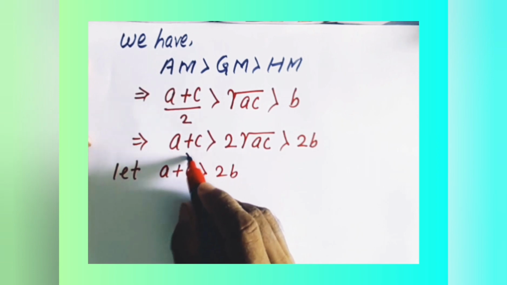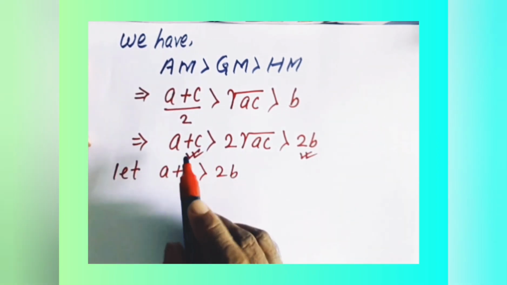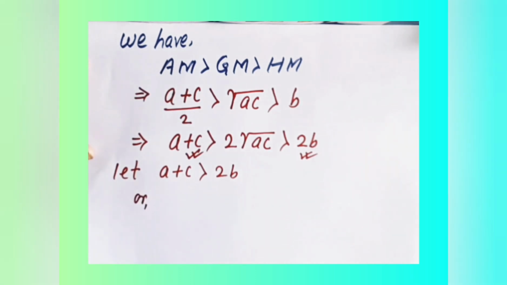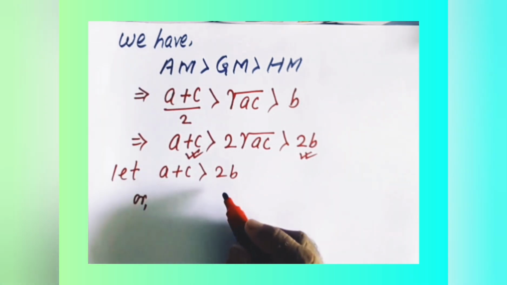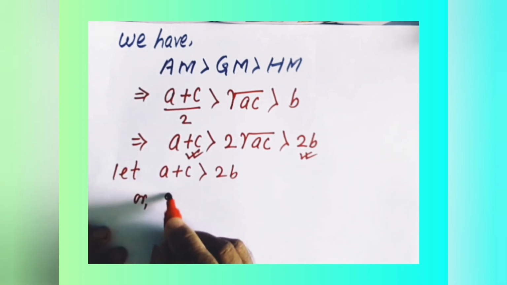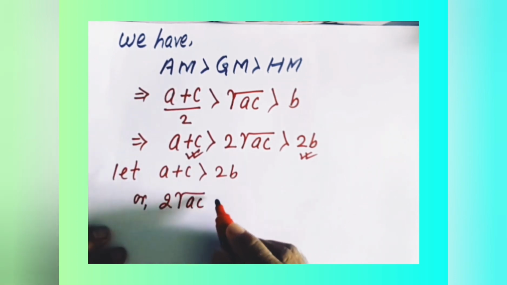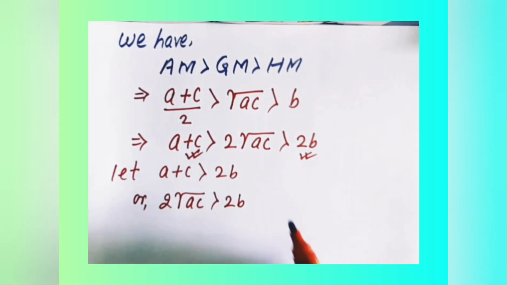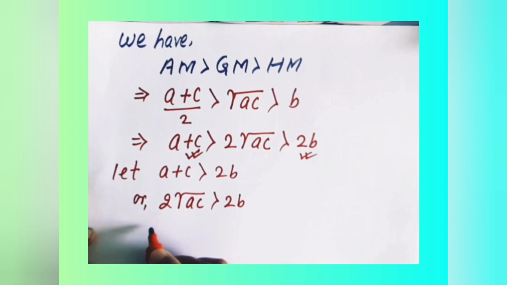We take this first and this last. We get A plus C is greater than 2B. So this A plus C is greater than 2B. Then we can write 2 root over AC is greater than 2B. That means A plus C. This we write. Now this becomes,